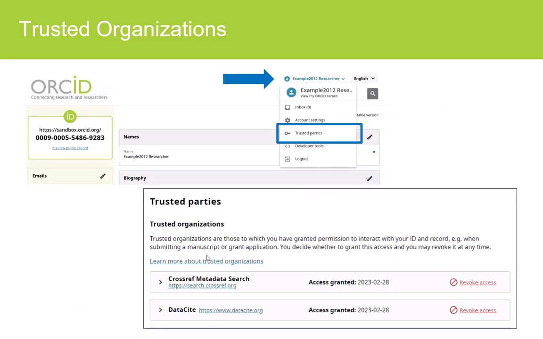Okay. In order to become a trusted organization, they need to get your permission. So you can set it up when you're looking at your profile. You can pull down at the top, example researcher, that would be your name. And it would say trusted parties. And you can pull up a list of what you have as a trusted party, or you can enter new